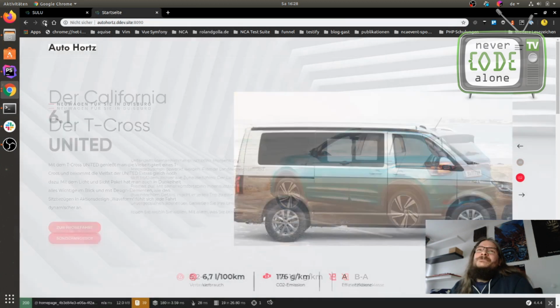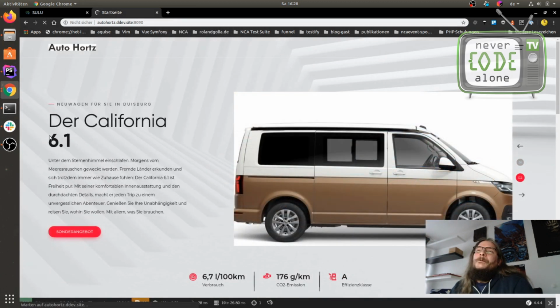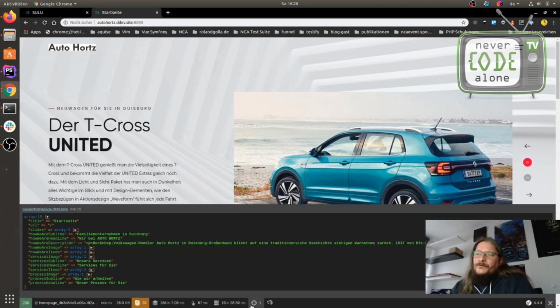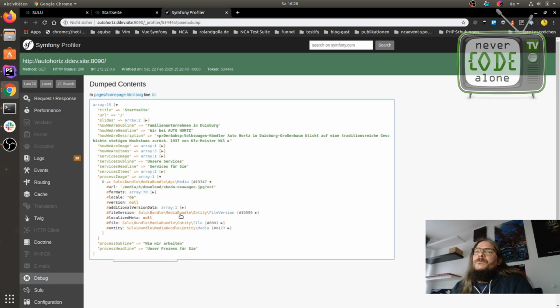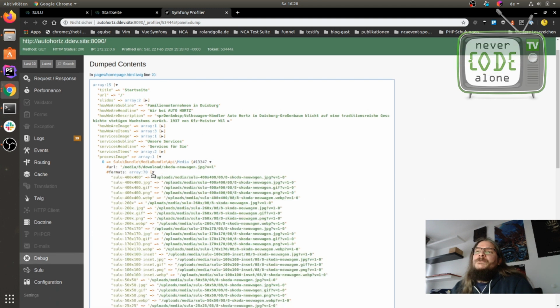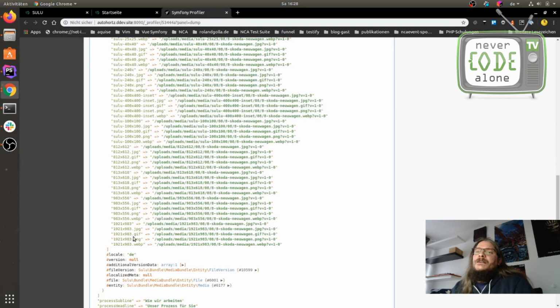I have to reload the full page and then can open this, and now under the image array in the formats is our new format. I also can say if I need to convert the image to a JPEG, PNG or whatever, but for me now it's working when it's just scaled to this size.